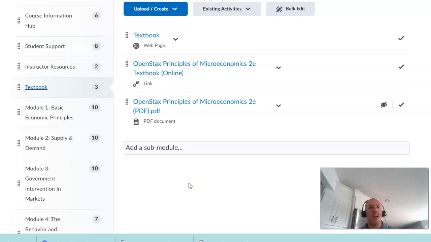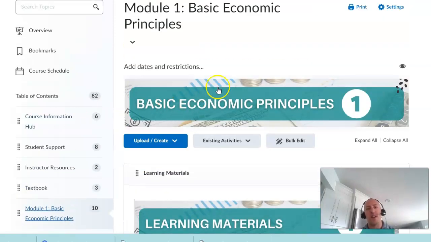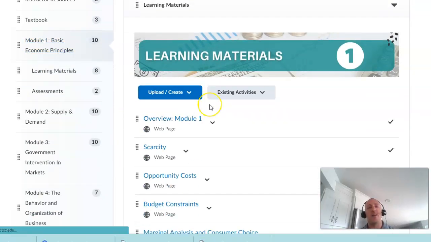But for the most part, I tried to include all the important information within the modules themselves, along with embedding videos that could help reinforce or help you actually learn the material. So each module, let's take a look, is set up in the same manner. You'll have an overview of the module.